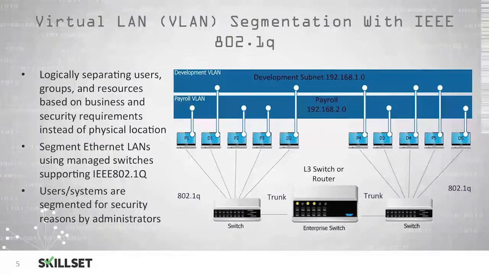To the right here, we can see a sample of what this might look like. We have two VLANs, a development VLAN and a payroll VLAN. The individuals operating on the development VLAN do not have any access to the computers on the payroll VLAN, and the computers that are connected to the payroll VLAN are not able to access the development VLAN. Even though all of these devices are plugged into the same switches, which would allow them to physically communicate with each other, the VLAN technology in the switches isolates these computers as if they were plugged into separate switches, so they cannot communicate with devices that they are not supposed to be able to access.